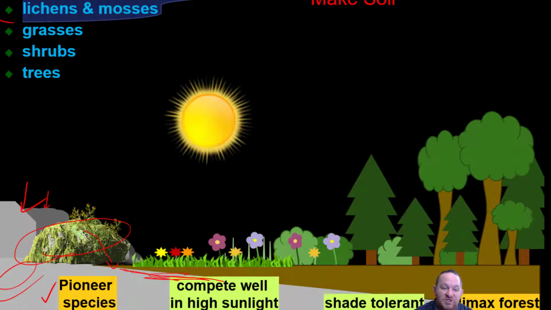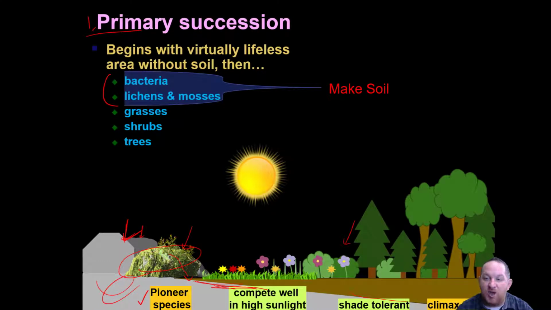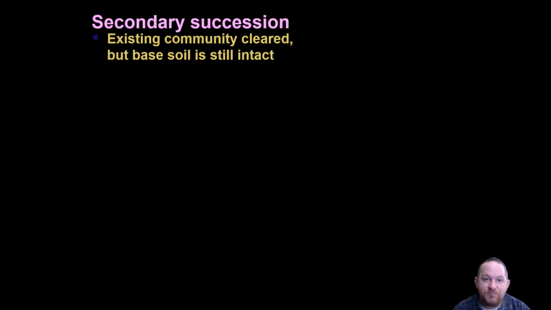So we started with lifeless soil or lifeless rock. We got moss, pioneer species. Those broke down, started forming the soil. As these things die, notice what happens to our soil level. It keeps getting deeper and deeper, richer and richer, so that other larger trees and things can survive. So that's primary succession. Primary starts with no soil.